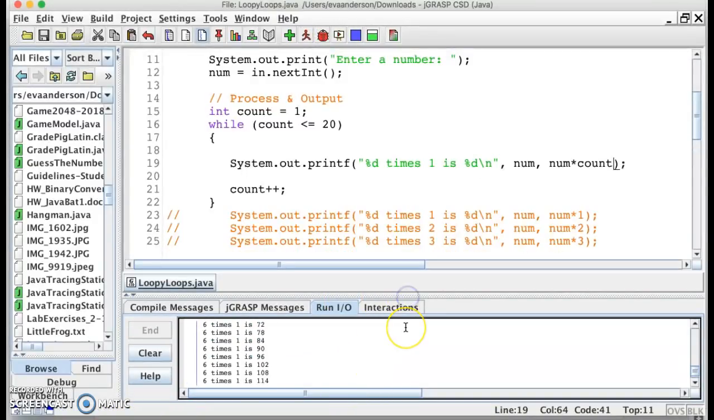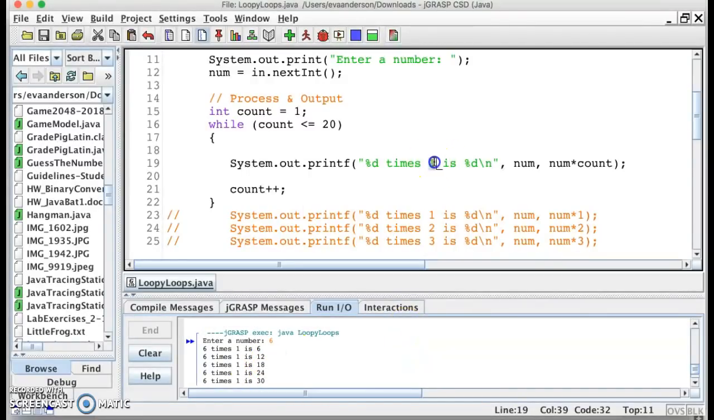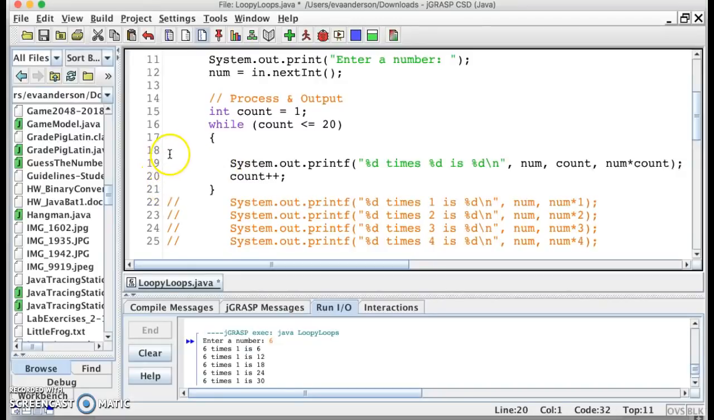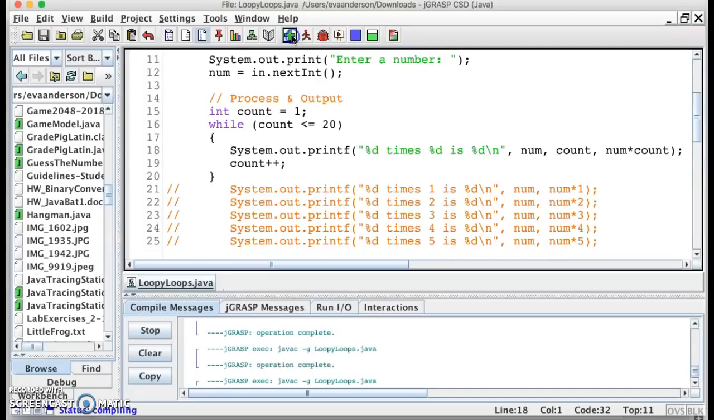Sure enough, now I've got this looking good, but this 1 that I hard-coded is no longer going to work. That needs to change as well. So I'm going to make that into a variable. So remember, this is num, so num times count is num times count. That's how these get filled in, right? Blank times blank is blank, and we fill in the blanks with these variables. So I'm going to get rid of these spaces just to show you how tight